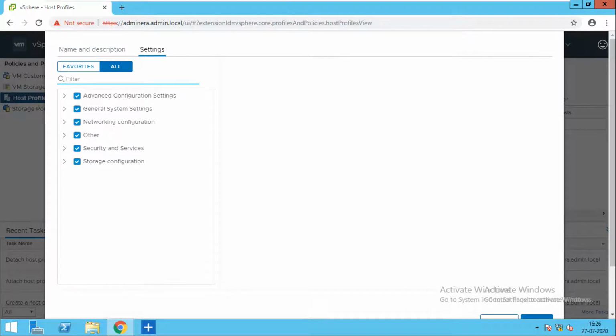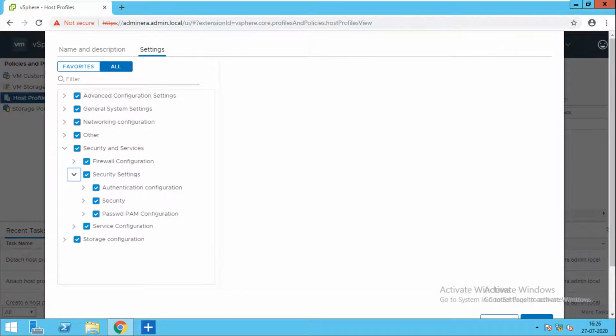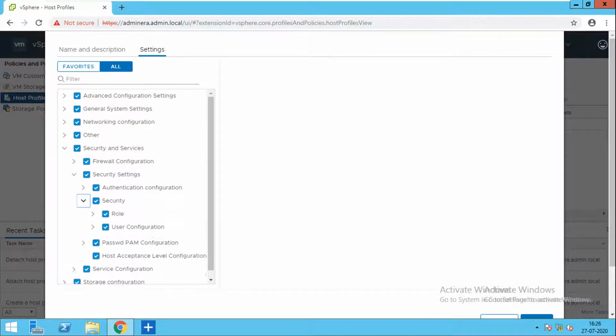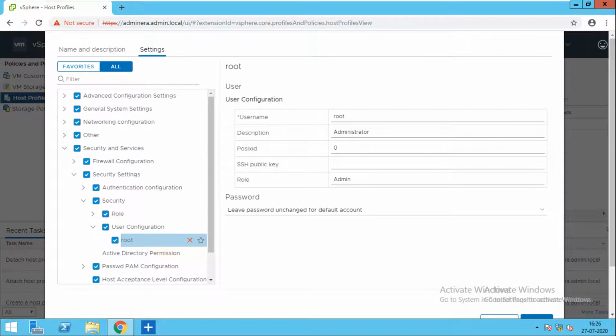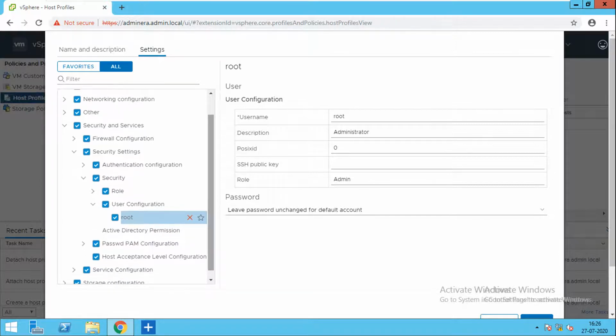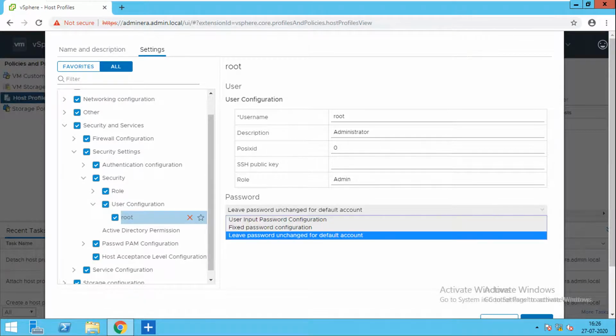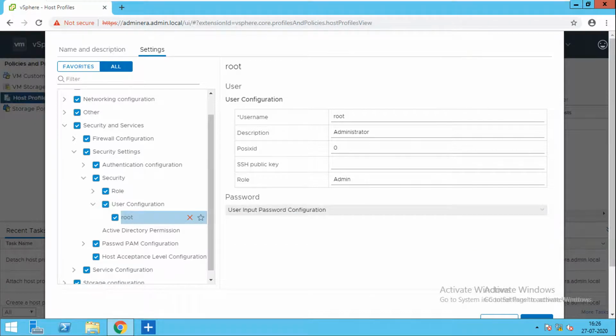You have to search for security. Go to the security settings, security, user configuration, and there is an option for root. You have the username, description, and role, and you want the input config.